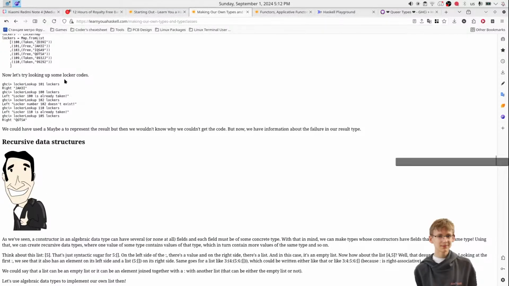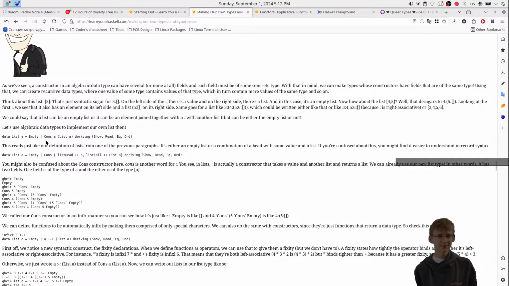Okay, it's getting hard for me to read this and understand this. Recursive data structures. Since a constructor in an algebraic data type can have